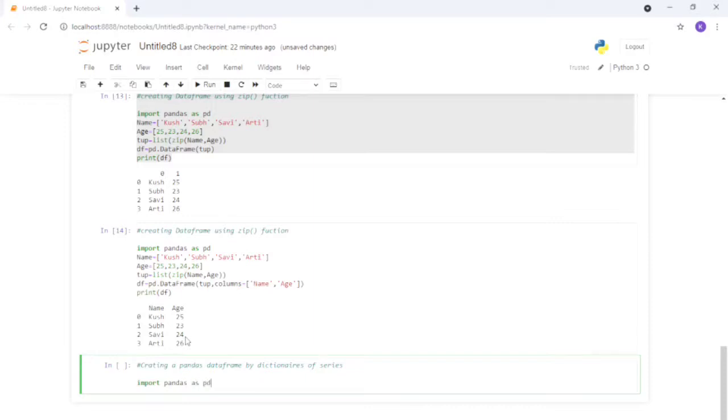Clear. Then we have to define a dictionary of series. We use d as a variable, and then we define the first dictionary here.